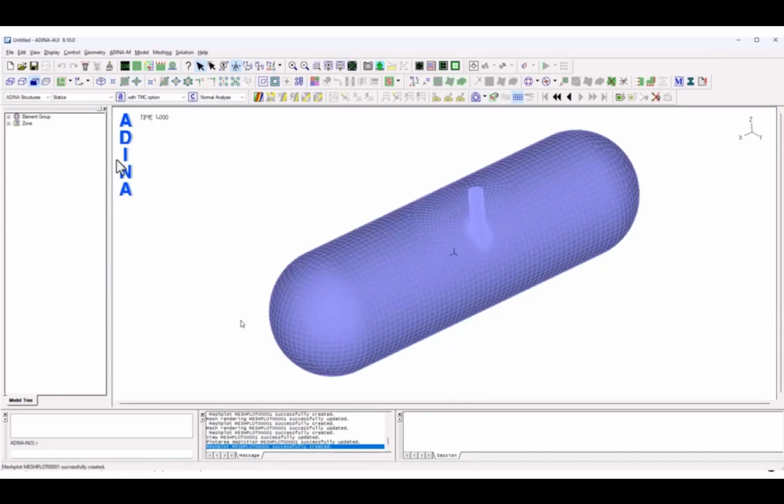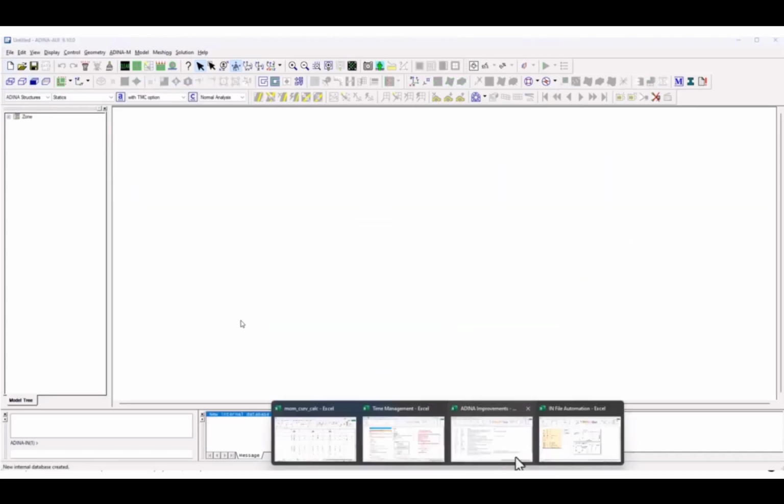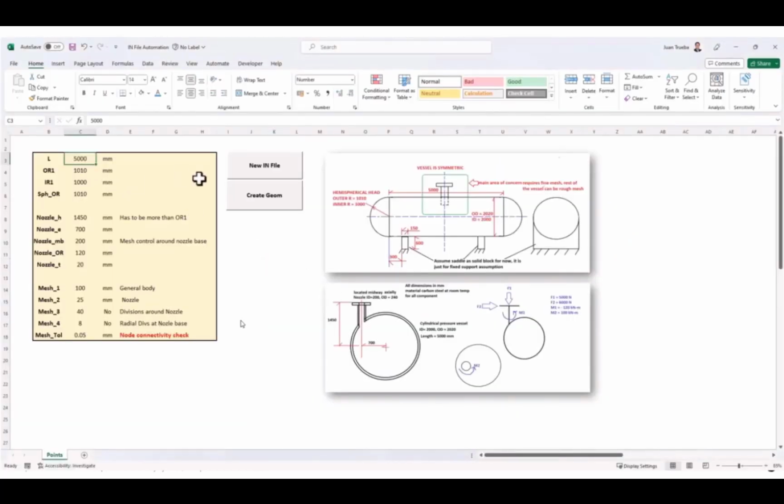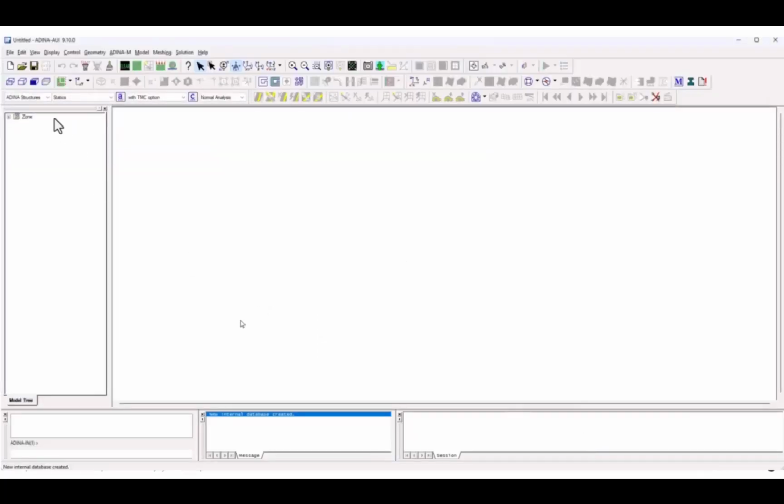I'm going to close this model, go back to the macro, and tweak some of those geometry and mesh parameters. So it's a bigger vessel this time. The nozzle is not going to be eccentric, it's right at the middle. And I'm going to tweak the mesh density to something finer. I run the macro again. I go to File, Open Batch once again, and